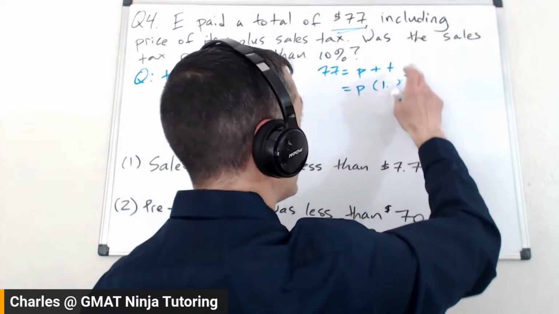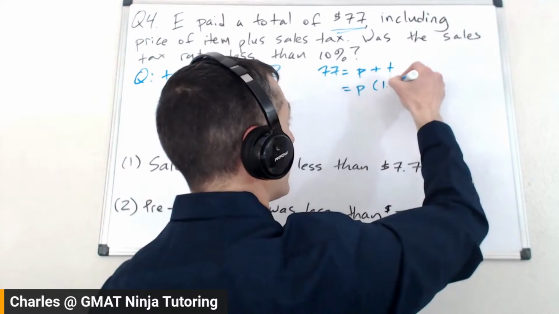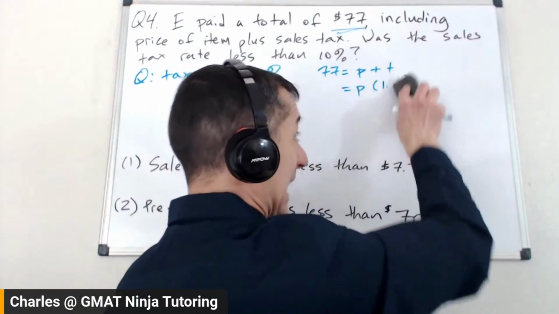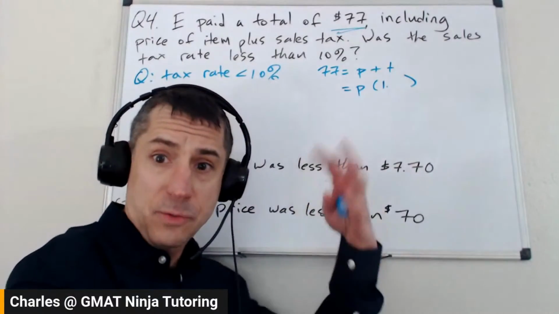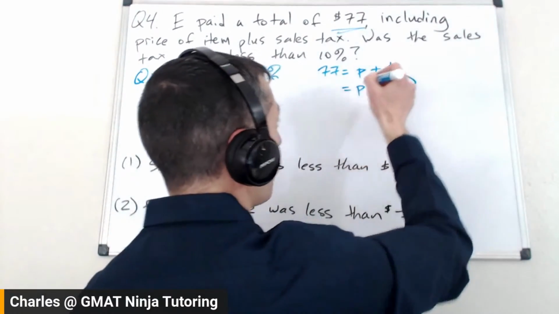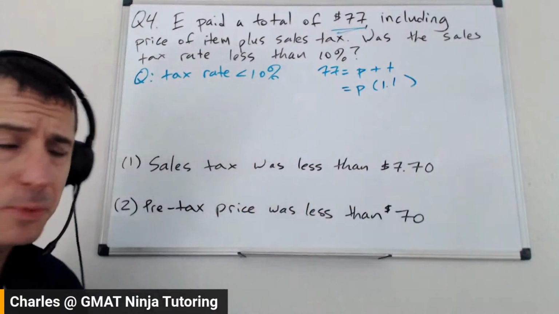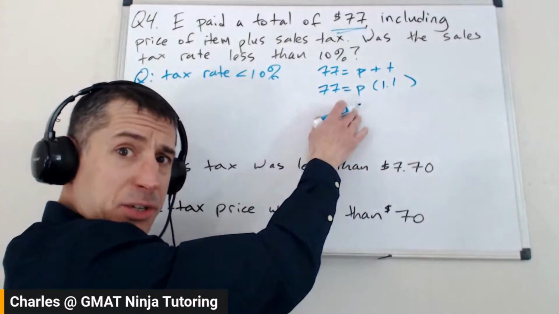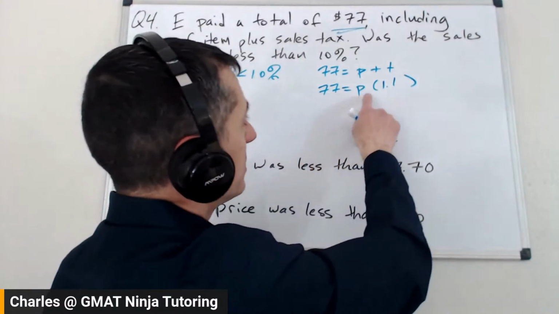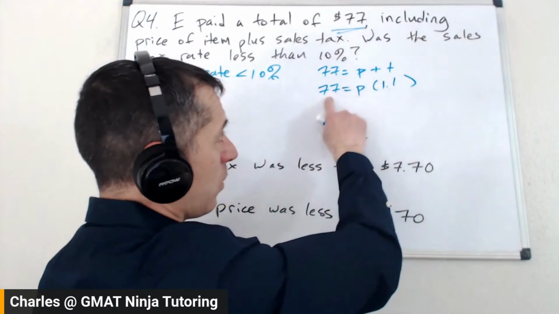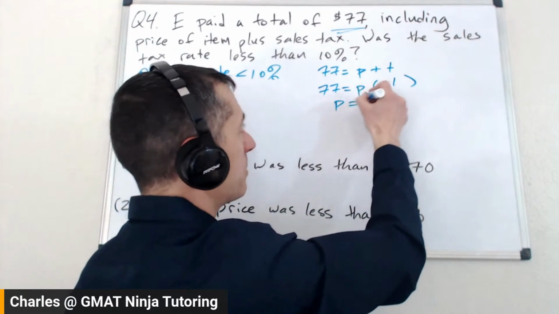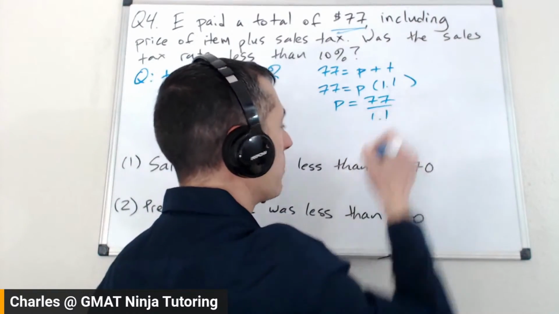So same thing we were doing earlier, think about those multipliers. What if it's a 20% tax? Well, it's going to be 1.2. In this case, it's a 10% tax, or we're interested in finding out whether it's greater or less than 10%. So it's 1.1. Let's play with that for a moment. So if 77, let's pretend that this is equal, just to get our heads around what our benchmark is here. So the original price times 1.1 would give us $77. I can just divide out by 1.1. So P is equal to 77 divided by 1.1.